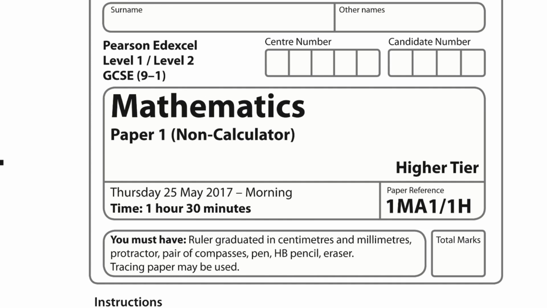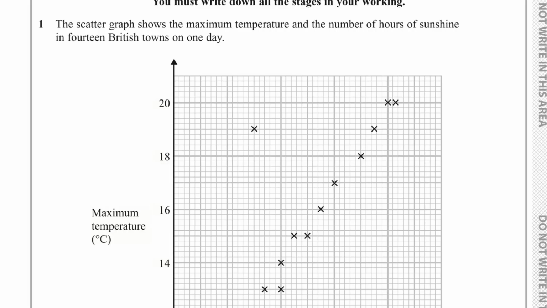This is the Edexcel GCSE 9-1 Maths Paper 1 from the higher tier, and it's a non-calculator paper from the June 2017 series. Question number 1. The scatter graph shows the maximum temperature and the number of hours of sunshine in 14 British